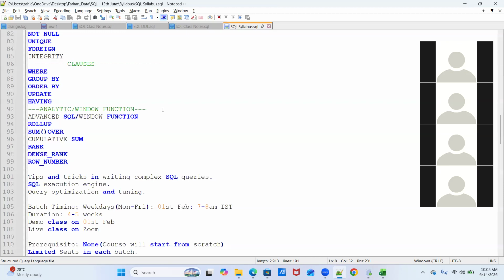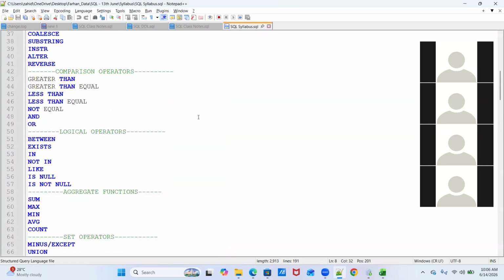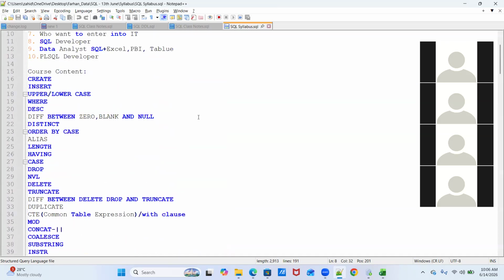Okay. And then I'll also be showing how to optimize SQL queries. Throughout the session I'll keep explaining these topics, and if you need such guidance at the end as well, we can have a session for that. And how to build the logic and how to write complex SQL queries, you'll be understanding all that in the session.